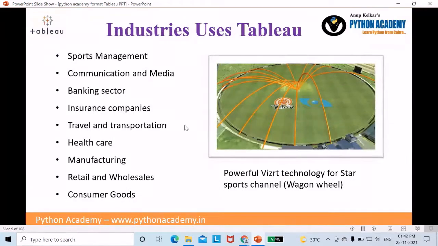Next are the industries that use Tableau. Sports management companies like Star Sports, ESPN, Ten Sports, Ten 1, and Ten 2 channels, which are generally capturing the live events of the sports. Communication and media, banking sector, insurance company, travel and transportation, healthcare sector, manufacturing sector, retail and wholesale, consumer goods, and